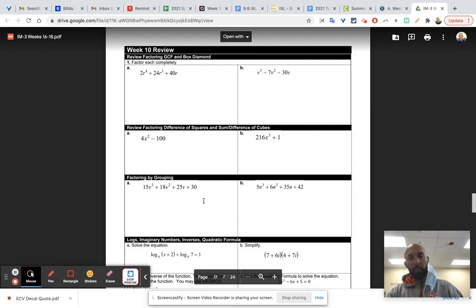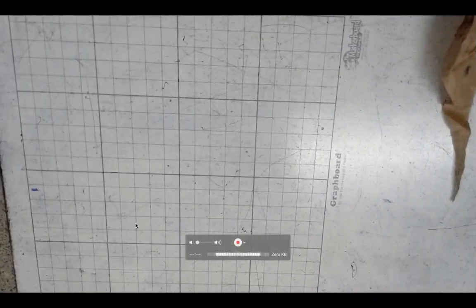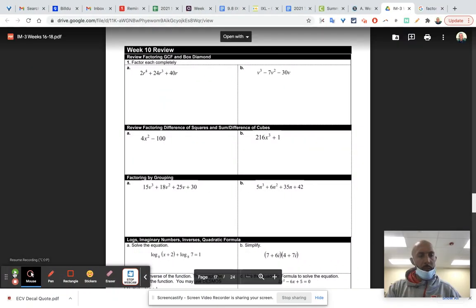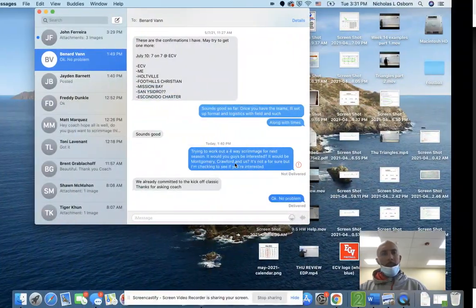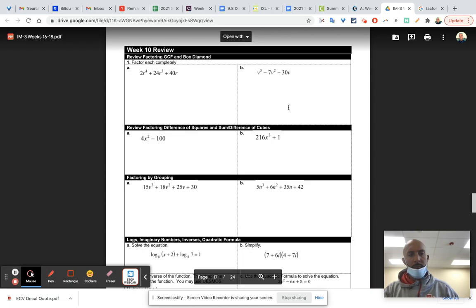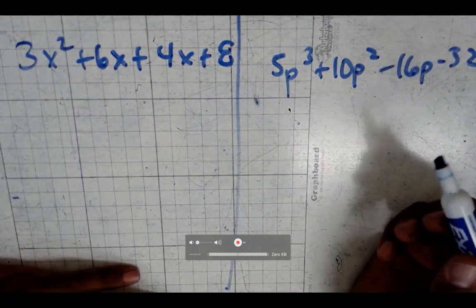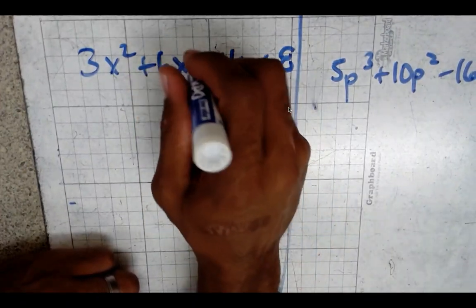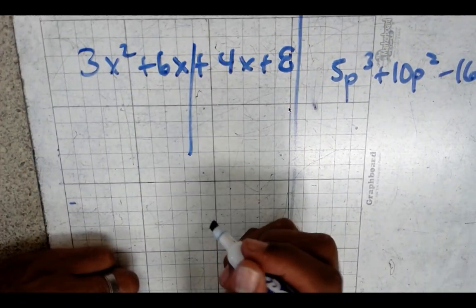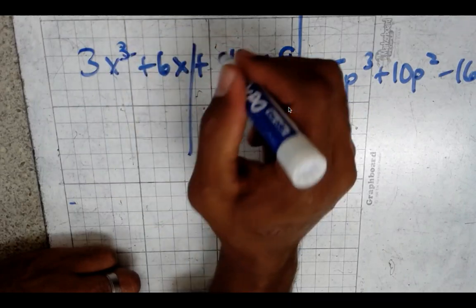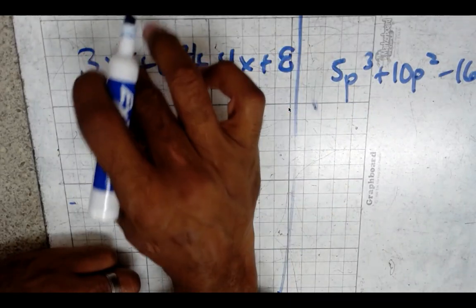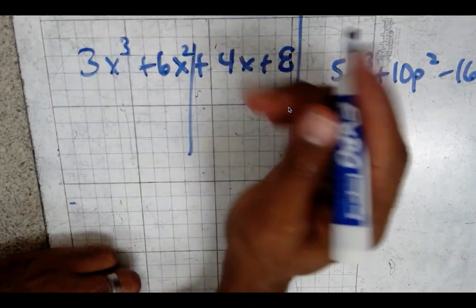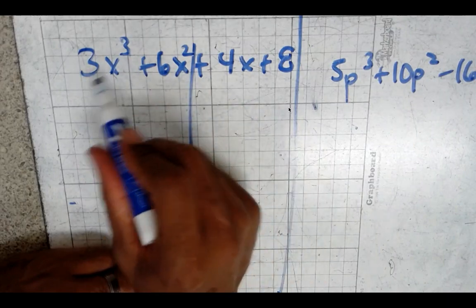Okay, the next one is going to be factoring by grouping. Okay, so here's an example I'm going to go over for factoring by grouping. Remember with this one, you're going to split it down the middle. And I believe this is actually supposed to be cubed, and this one's squared. Sorry. Okay, I'm going to split it down the middle, and what I got to do is find the GCF